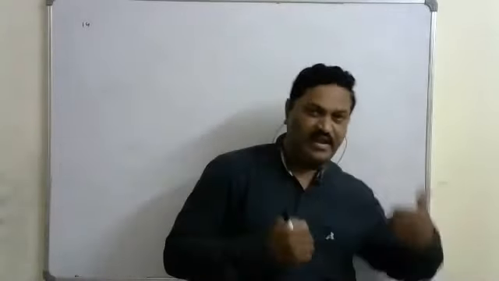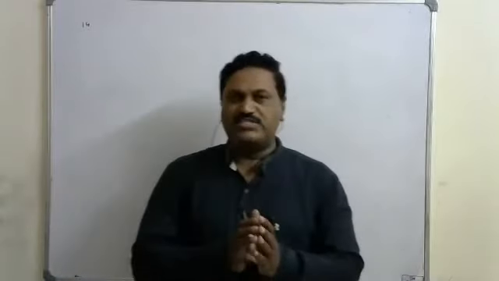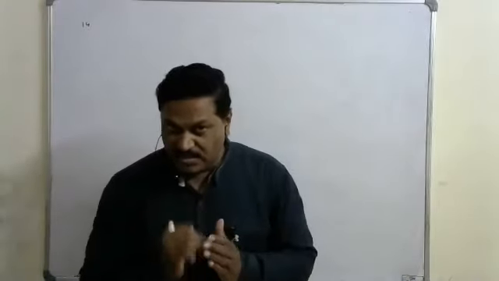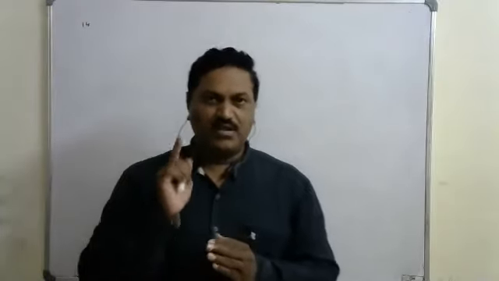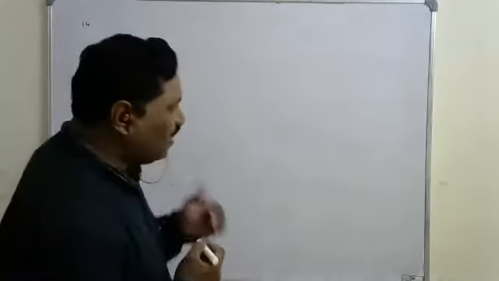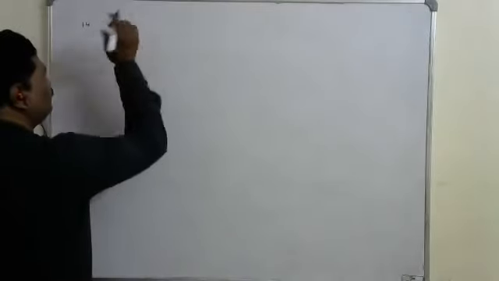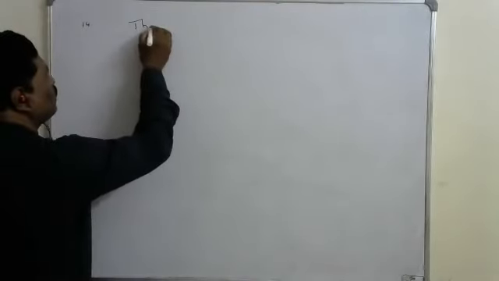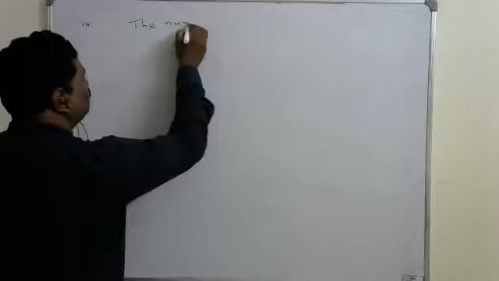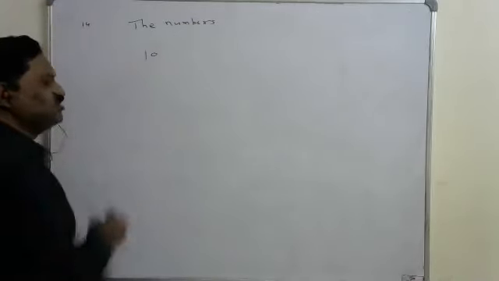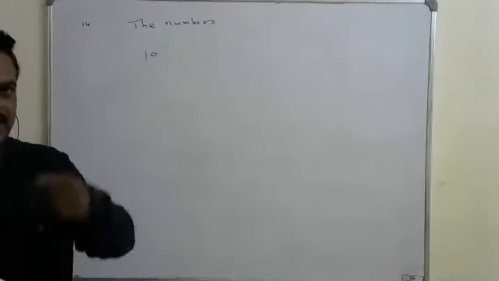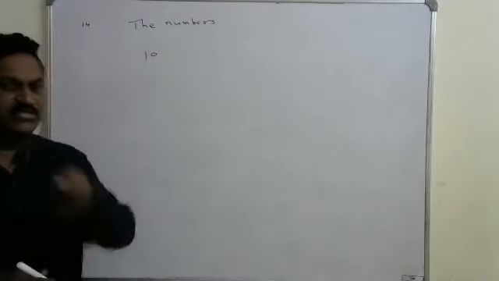In all these numbers, if you divide the number by 3, it has to leave the remainder 1. So the remainder is 1 means, which is the first such 2-digit number? Is 10 such a number? Yes, 10. So the starting number is 10. Divided by 3, 3 threes are 9, the remaining is 1. That means the remainder is 1.